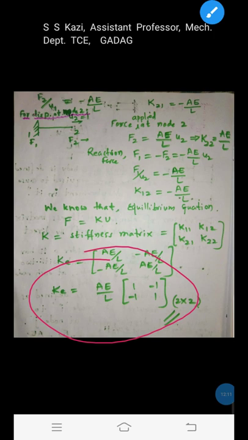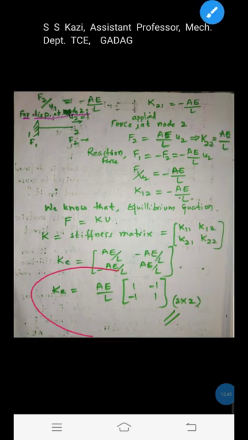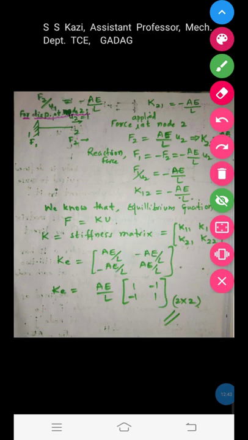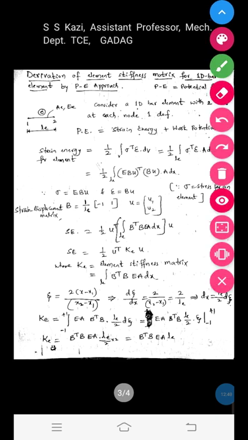By deriving the stiffness matrix for this single element of a 1D bar, we can replace complex problems with a simpler one by determining the stiffness matrices for all the elements of a bar, assembling all those matrices to get the global stiffness matrix, and after applying the Gauss elimination method, we get the unknowns. This is how you can derive the stiffness matrix. Now we'll move on to another approach of deriving the stiffness matrix.